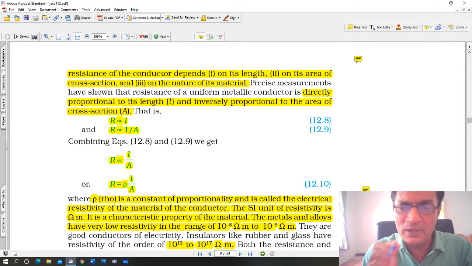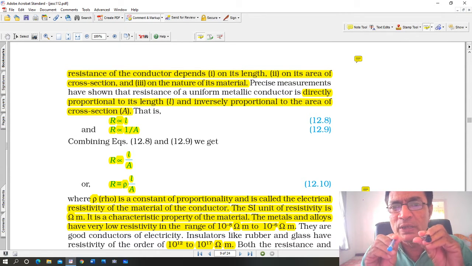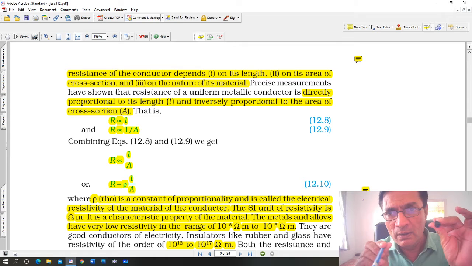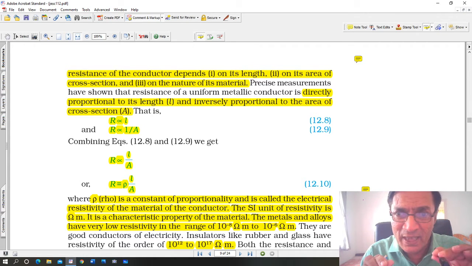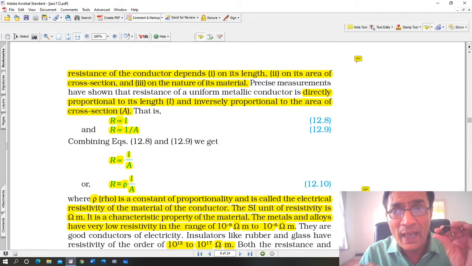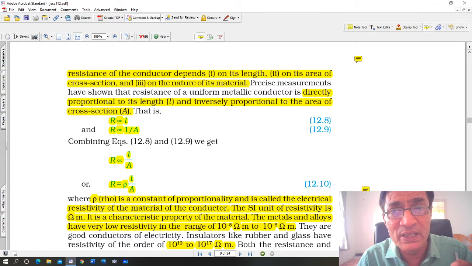For example, look at this pencil. Compare it with the pen's lid. Which one is thicker? You can see this one, the pen. The pen has a greater area of cross section. So in this case, the resistance is proportional to 1/A, meaning if A increases, then R will decrease. So the thicker the wire, the less resistance, and the more current will flow through it.